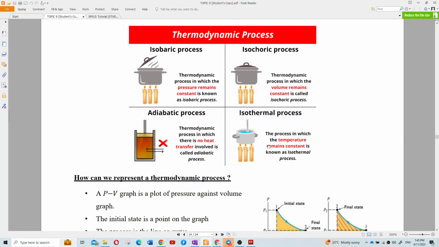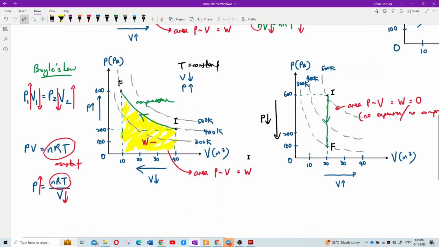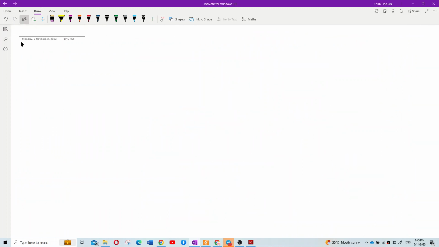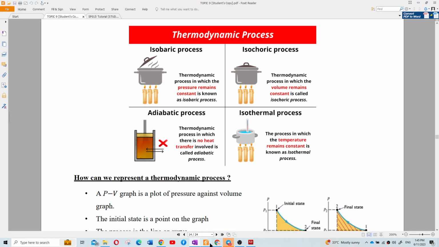Okay, so I think I only manage for now is 145. I think I teach these two, isobaric, isocoric. Class, okay? Are you still okay? Still with me? Yeah. So what is meant by